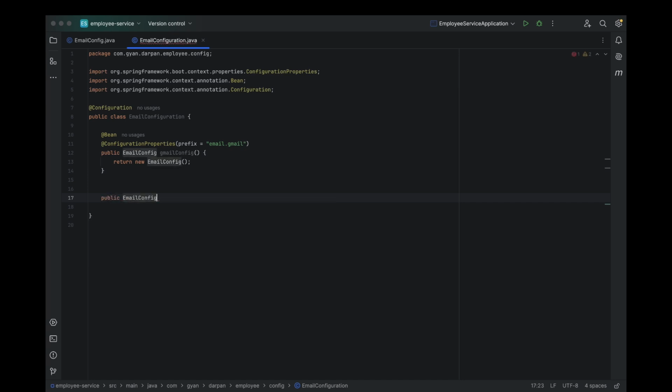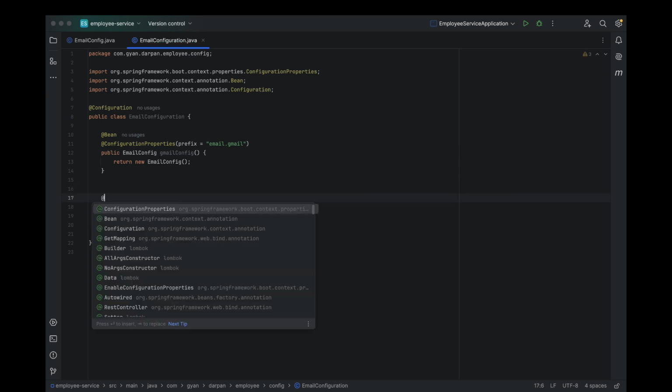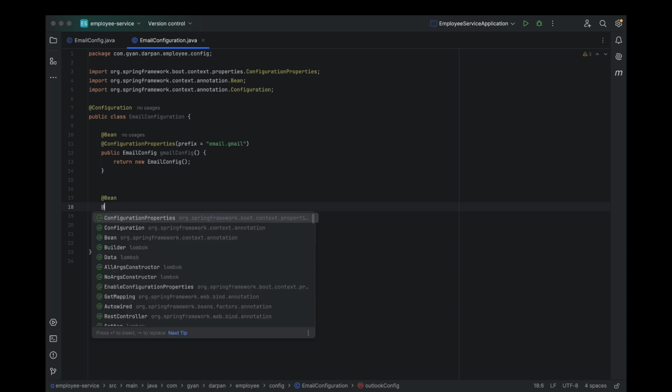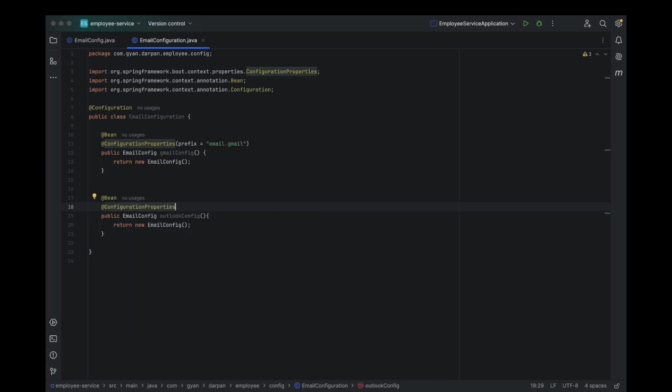Now, similarly, let's define a bean for Outlook email config. Just like we did for Gmail, we'll create a bean for Outlook, allowing us to handle the Outlook-specific configuration. Alright, now for the fun part. For the Outlook email config bean, we're going to use a different prefix in @ConfigurationProperties, email.outlook. What's cool about this is that Spring will automatically inject only the configuration data that matches the email.outlook prefix from